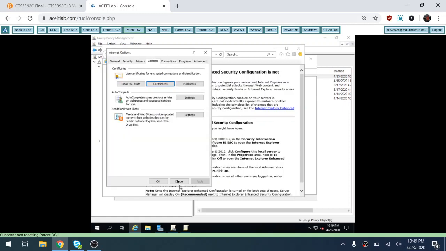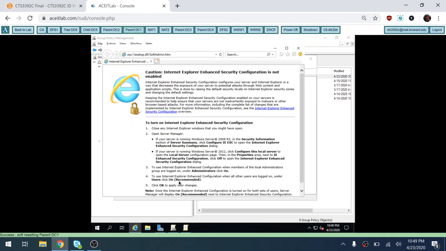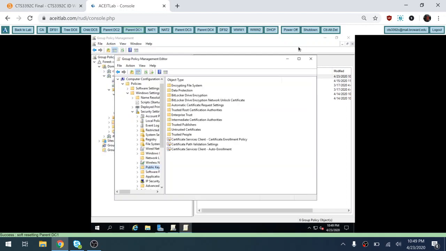VeriSign creates certificates for other people. So if we trust VeriSign and they create a certificate for Wells Fargo Bank, we would trust the Wells Fargo Bank certificate because we trust the certificate server that issued those certificates. So if you wanted to trust a third-party certificate server, you could add them here and push that certificate out to all your clients. You can also,